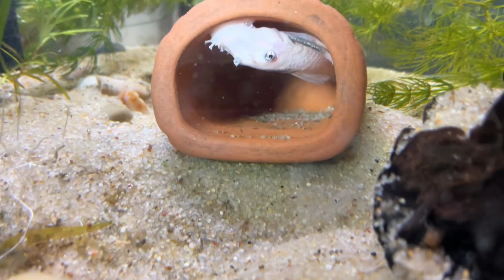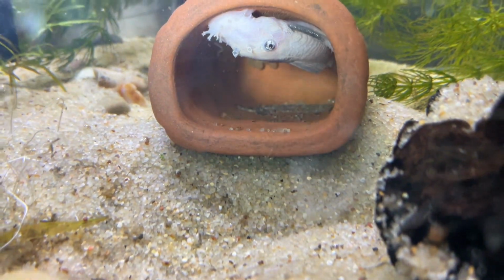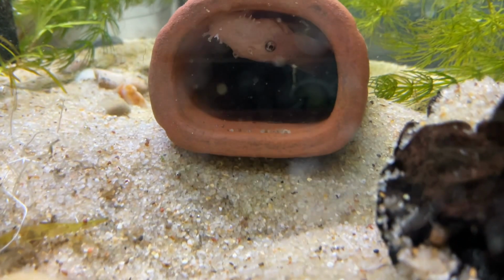So now I'm going to talk you through how plecos breed. The female and the male, when they're ready, the male will lure the female into the cave, trap her in there, she'll lay the eggs, and he'll fan them for a few days. Then the wigglers will hatch, and then the male will guard the cave until their yolk sac has been fully